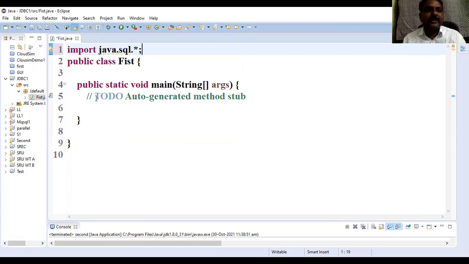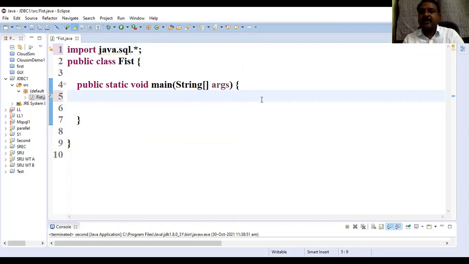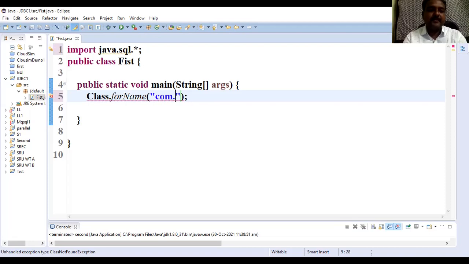After importing java.sql.*, we use a method called Class.forName, which is going to load the driver for us. Here we give the name of the driver, and the name of the driver I use for MySQL is com.mysql.jdbc.Driver.